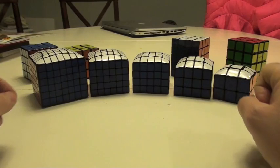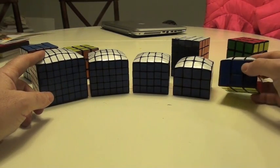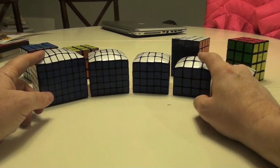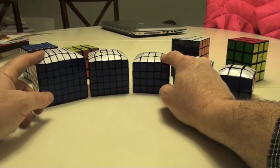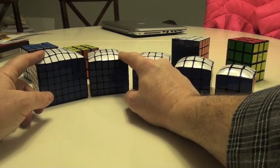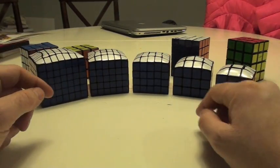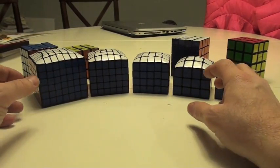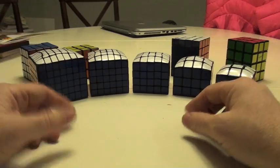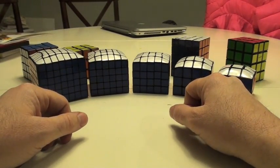I'm going to ask a question first, something to ponder. What you see is a 2x3x3 floppy iCube, 3x4x4 floppy iCube, 4x5x5 floppy iCube, 5x6x6, and a 6x7x7. So here's the initial question that I'm just going to ask right off the bat. Which of these puzzles do you think is the most difficult to solve, and why? Bear that question in mind while we go through some of the theory behind what an iCube